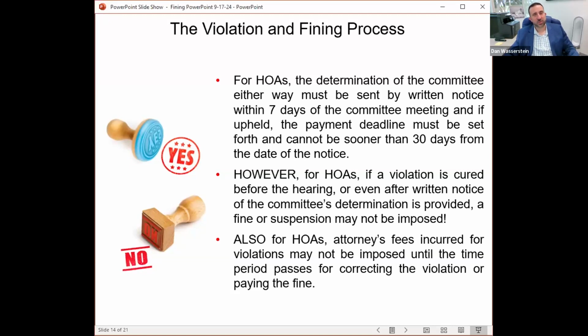Now, one of the questions we've been getting is, well, what about violations that aren't maintenance, that can't be cured, like that cure themselves? Like I said, the dog off a leash. Well, the dog goes off the leash, and then 10 minutes later, the owner brings him in the house. The violation is over. Well, by a strict reading of the statute, one could say, well, they cured the violation.